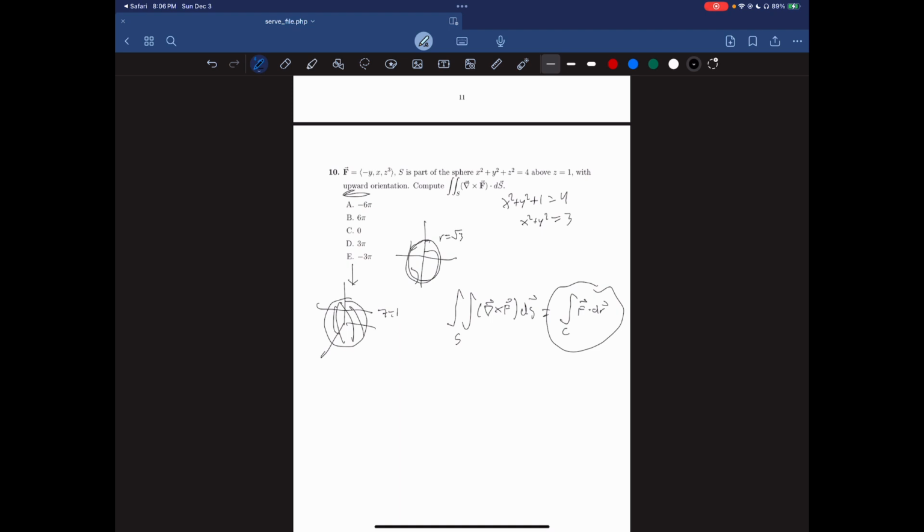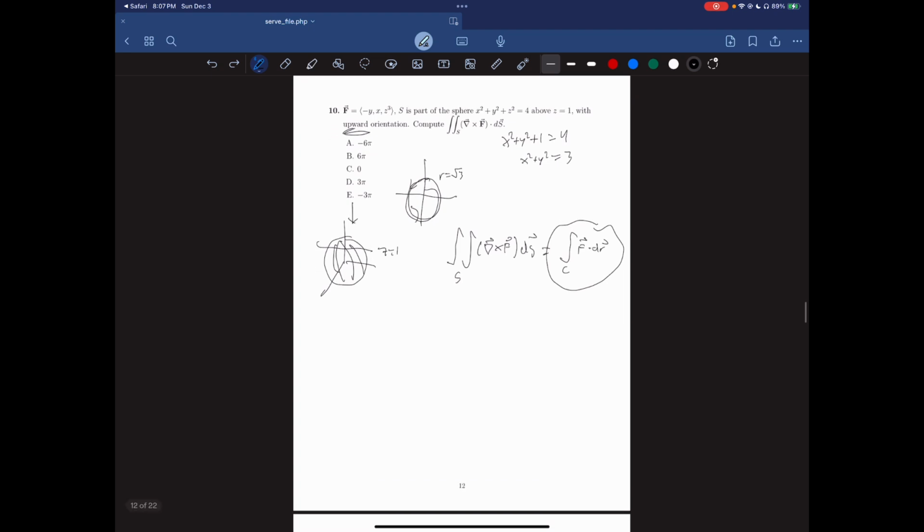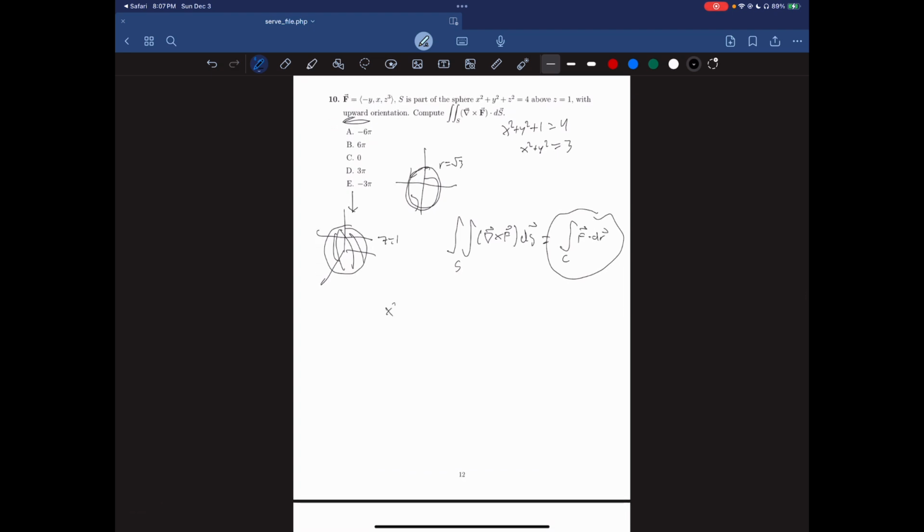But then we know we can choose any surface that has that boundary curve and evaluate this integral right here. I think the surface that makes most sense to choose is literally just this disk, this solid circle in the xy plane that has equation x squared plus y squared equals 3. That's because the normal vector to that is just n hat equals 0, 0, 1. And that makes everything very easy because if we dot that with the curl, which we should probably compute now,